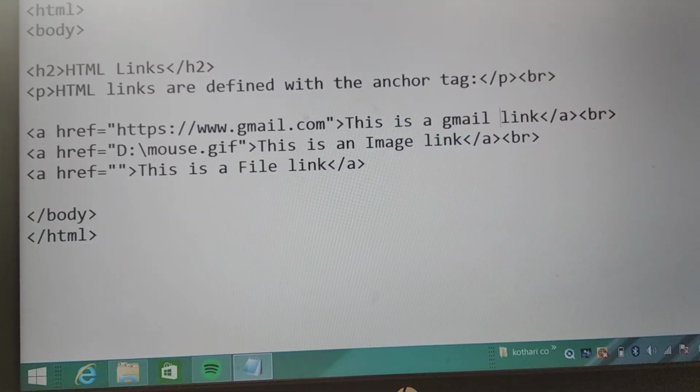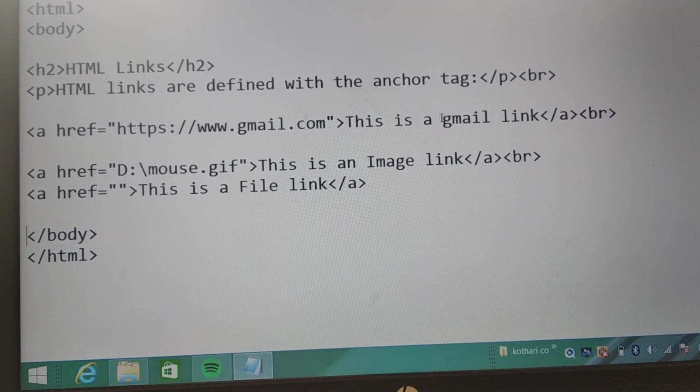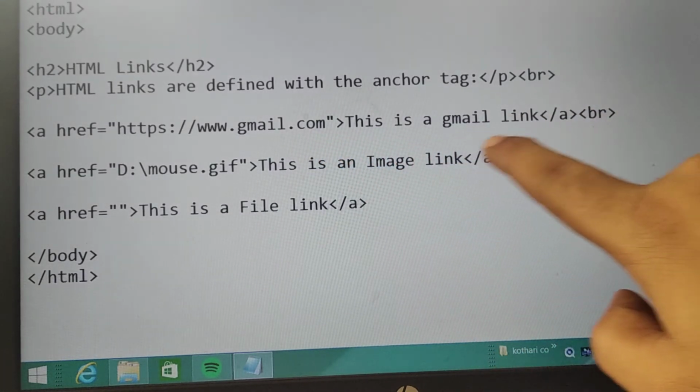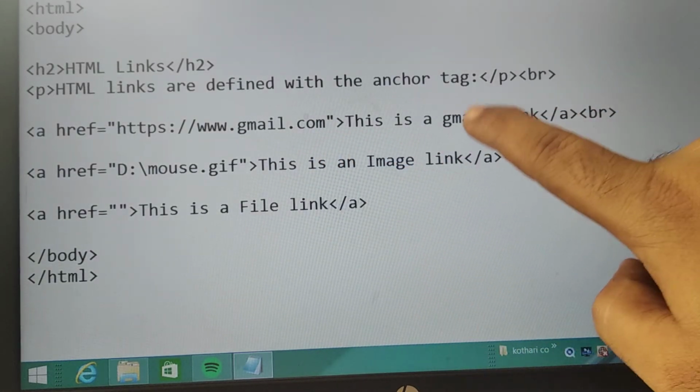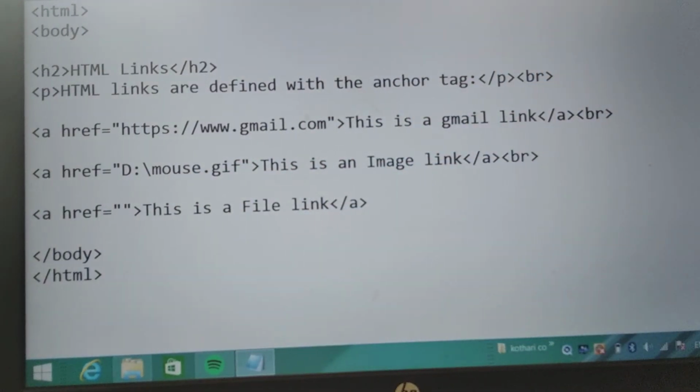So I have given the first link to that sentence related with the Gmail link, and if I want to show an image, the second type of link is the image link.